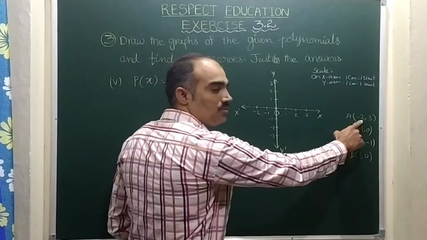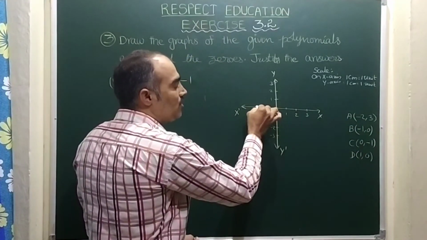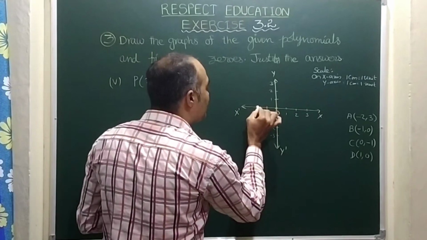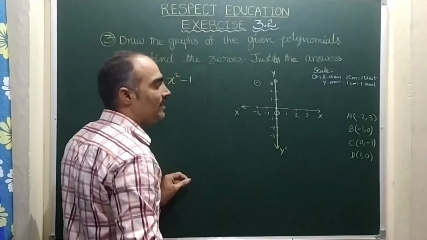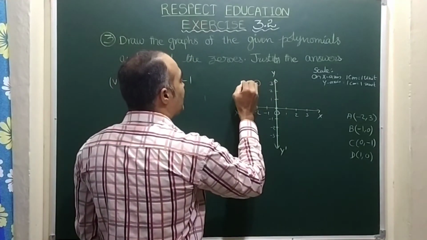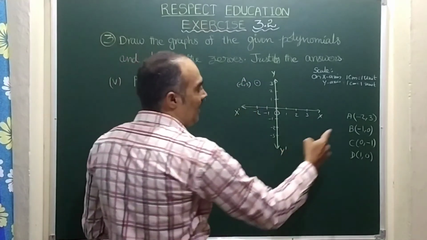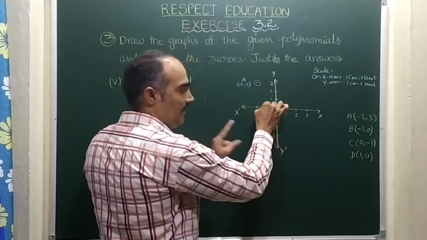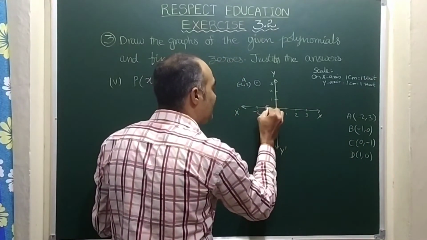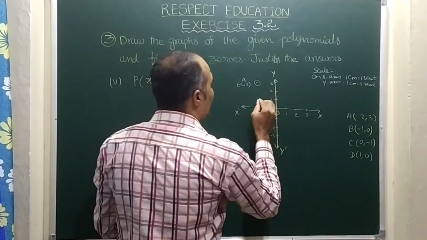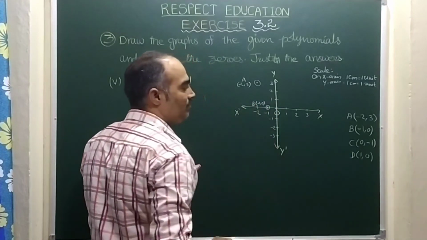First here minus 2, right? Now this one I am keeping at minus 2, ready. So 3, positive 3. On this line of minus 2, I should go to positive 3. This is the first point, right? Here this can be taken as A minus 2 comma 3. And the second one minus 1, see minus 1, ready. Next value is 0, means need not go anywhere. So here this is B. Here you can write this as B minus 1 comma 0.